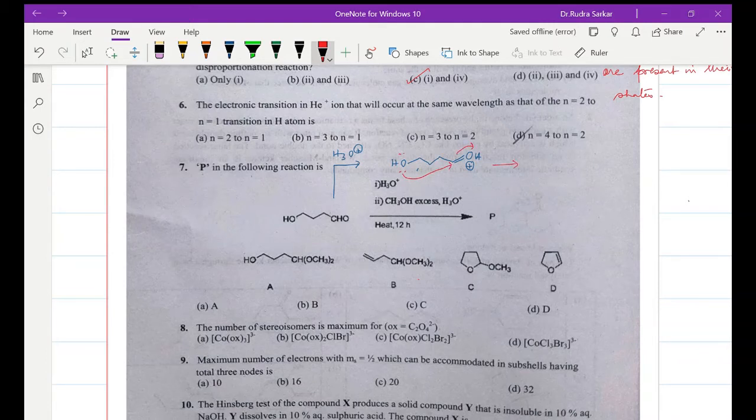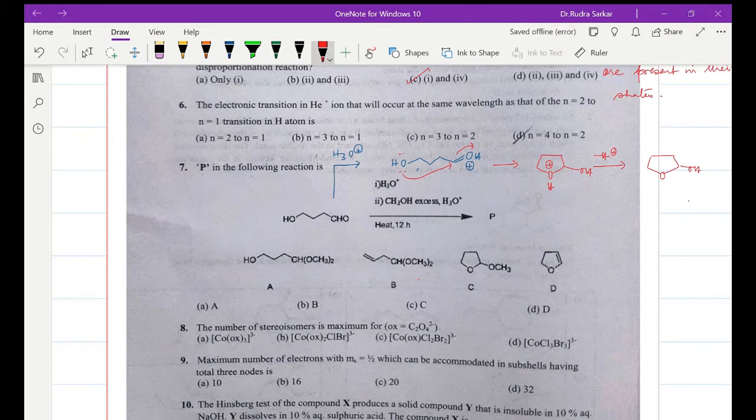So basically this will lead to the formation of a molecule something like this, which will lose a proton. So basically we are thinking this is going to be something like a hemiacetal,